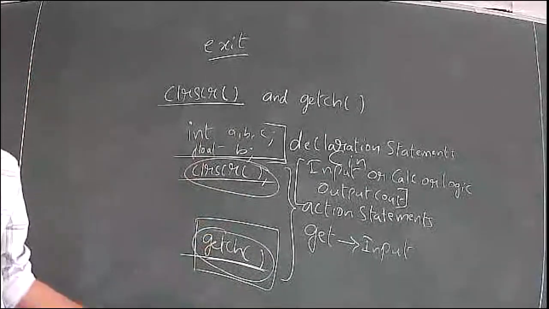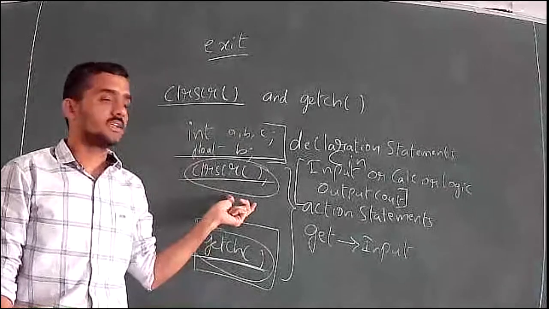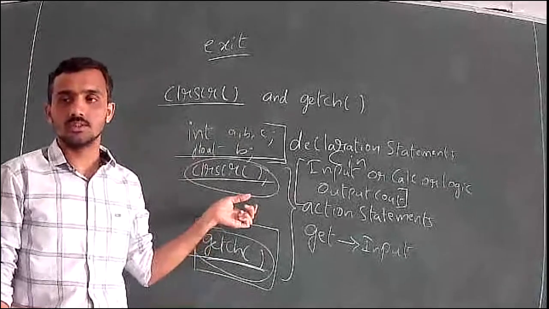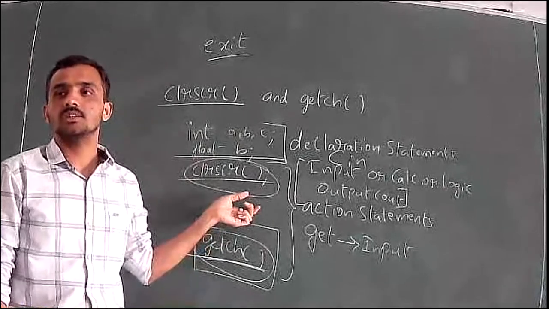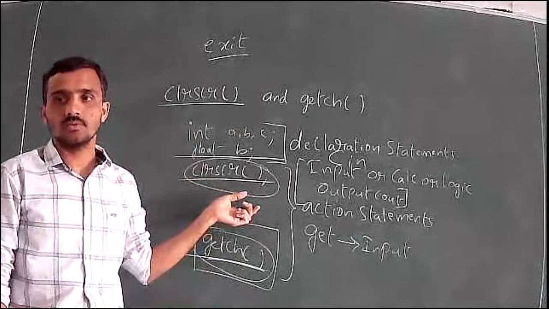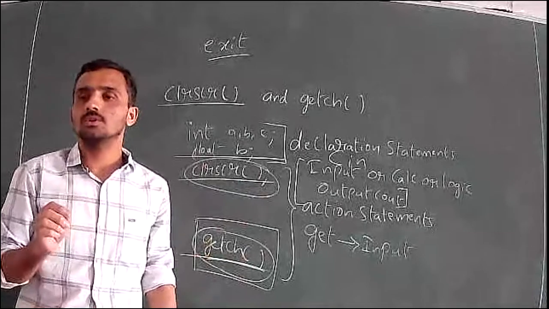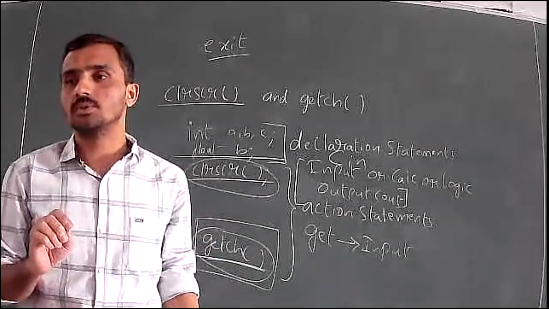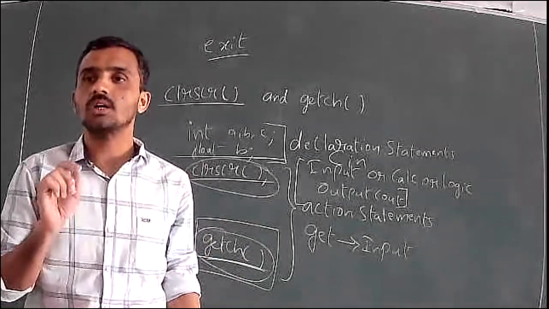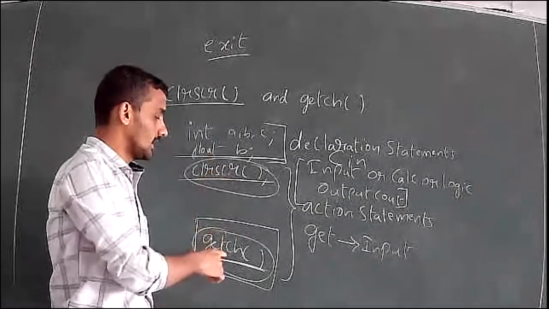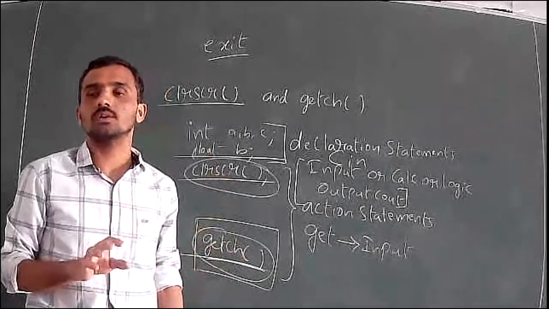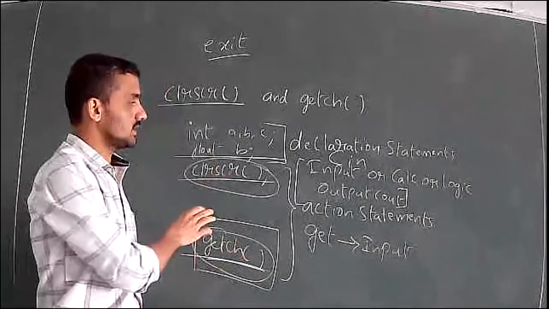So if you want to take a screenshot, you can take it, because I think in textbooks these concepts are not present, as well as in the notes what I have said. Just from a knowledge point of view, I'm telling you, so that you people should not get confused with this. That means I have to use clear screen only after each of those statements, or getch at the end of the program. You should not get confused. So just take a screenshot of this.